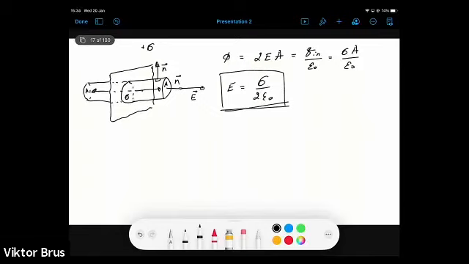And if you have some practical situation, usually, of course, we deal with not infinite